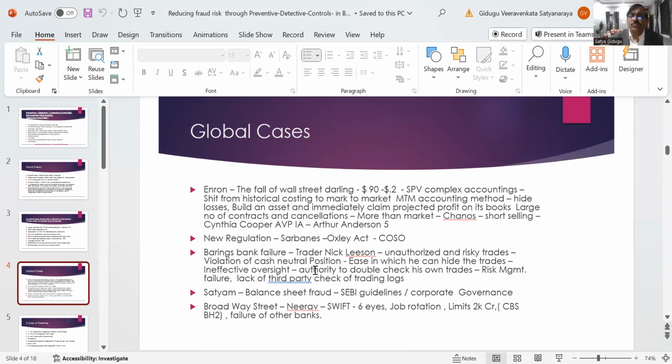Despite all these things, everybody has been forgotten. Despite all the commitment by the government that they will bring everybody back, they could not do anything. They could not bring one person back. Why I am telling this: Bhattacharya of State Bank of India also told about the Indian legal system and all about